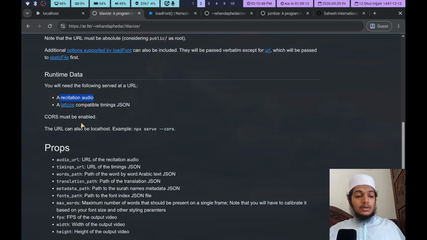The thing with Remotion is that it is browser based, so it cannot access your entire file system.